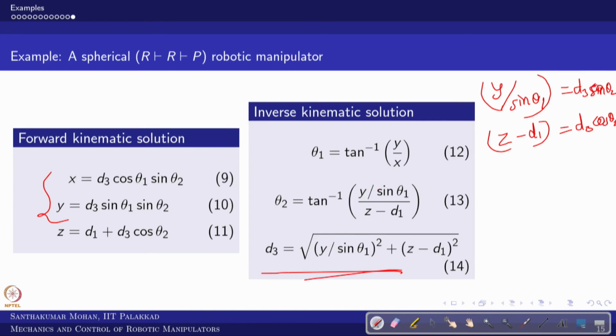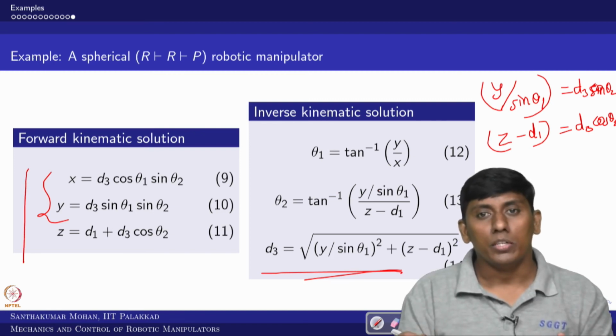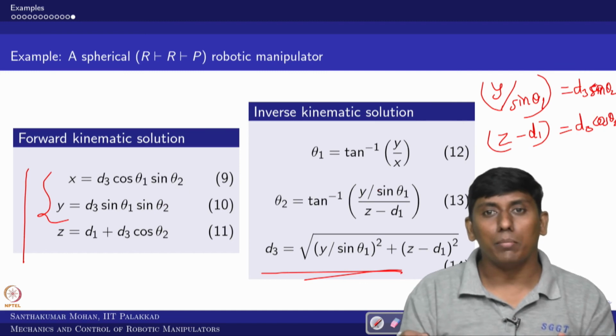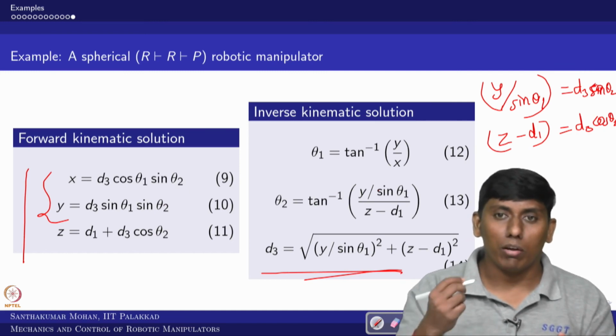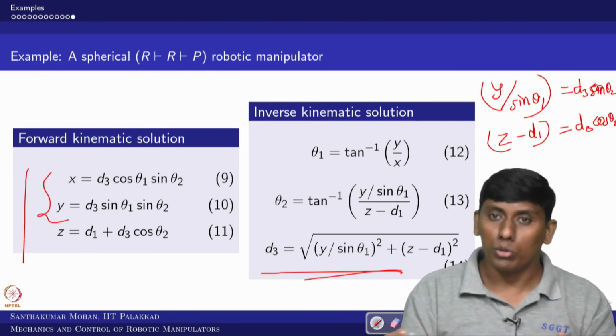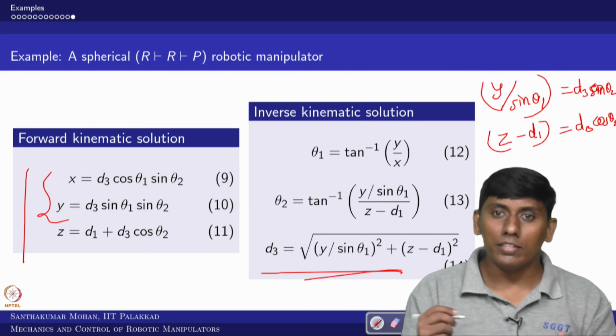So now we can see that if you have a forward kinematic solution and the number of unknowns is equal to the number of equations, you can solve it. The next lecture will be on the numerical method, how to get the inverse kinematics through a numerical method. One of the popular methods is the Newton-Raphson method, which we will be taking up. With that, this particular lecture is ending.